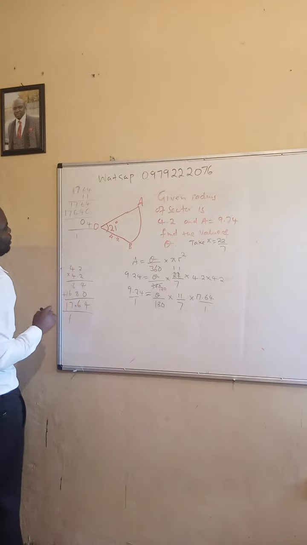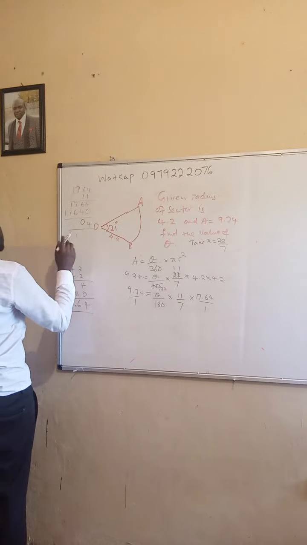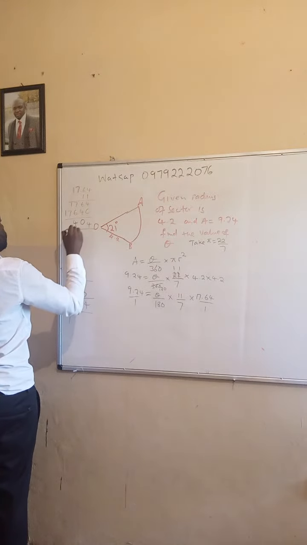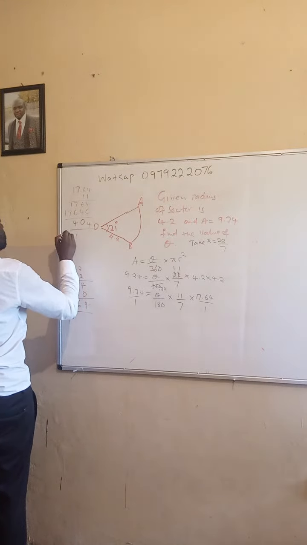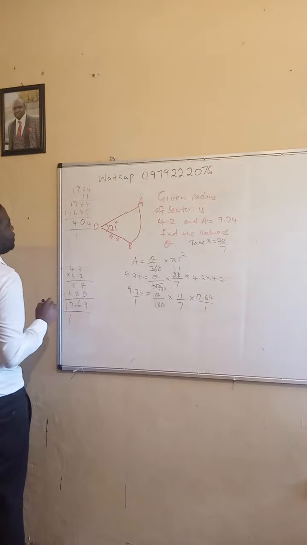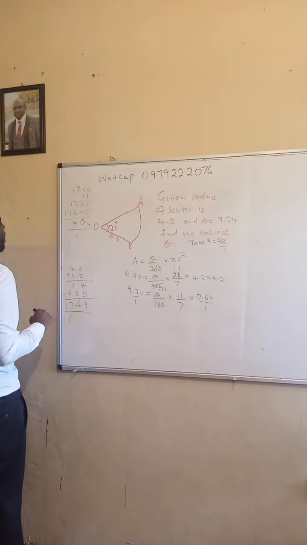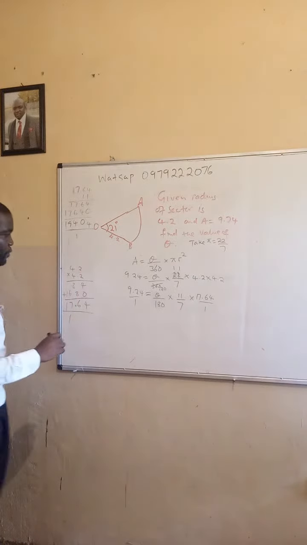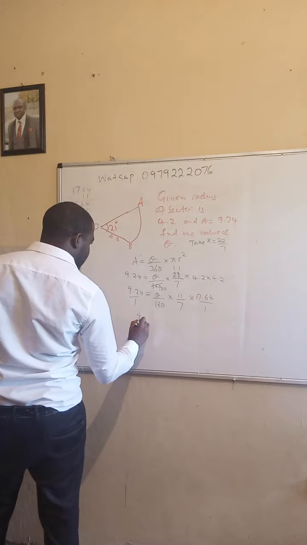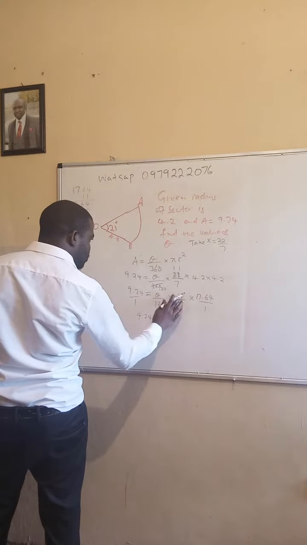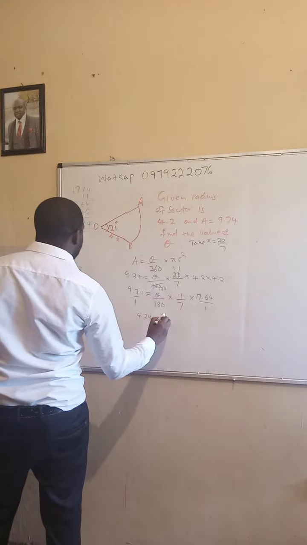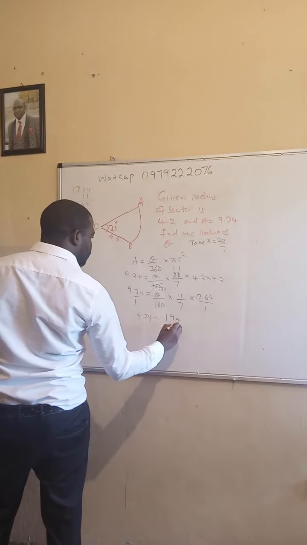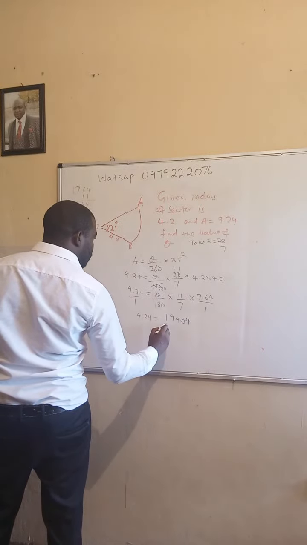That is 12, 13 plus 1, 14, 4 carry 1. And then we have got 8 plus 1, 9. 19,404. So 9.24 is equal to this one times this one, we got 19,404 over